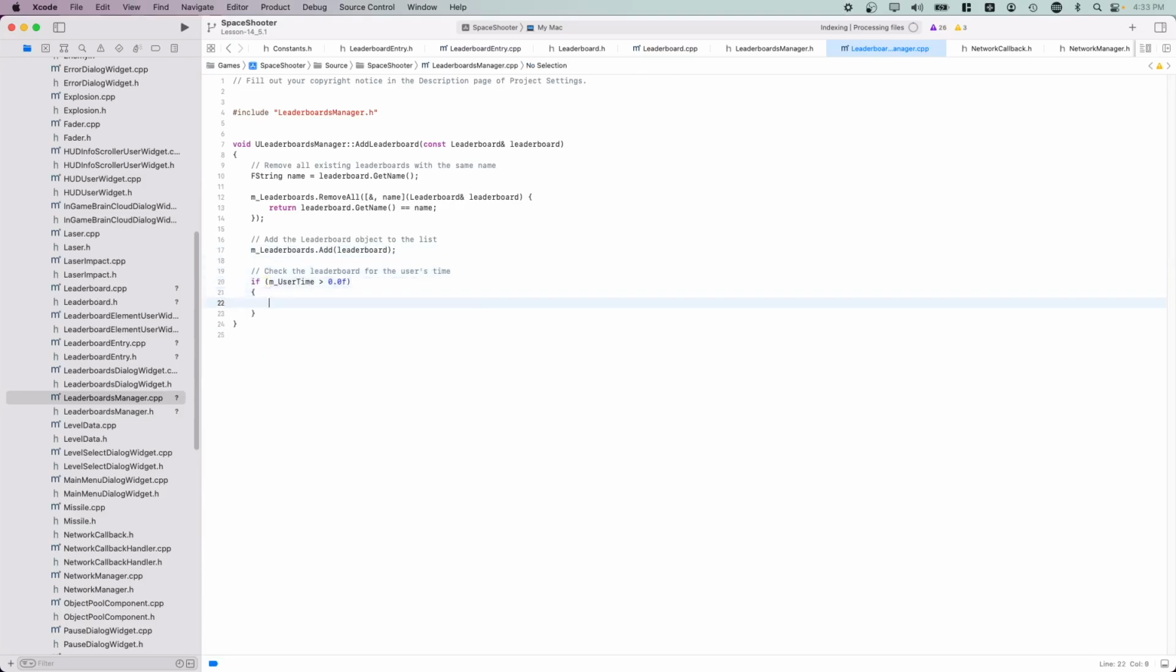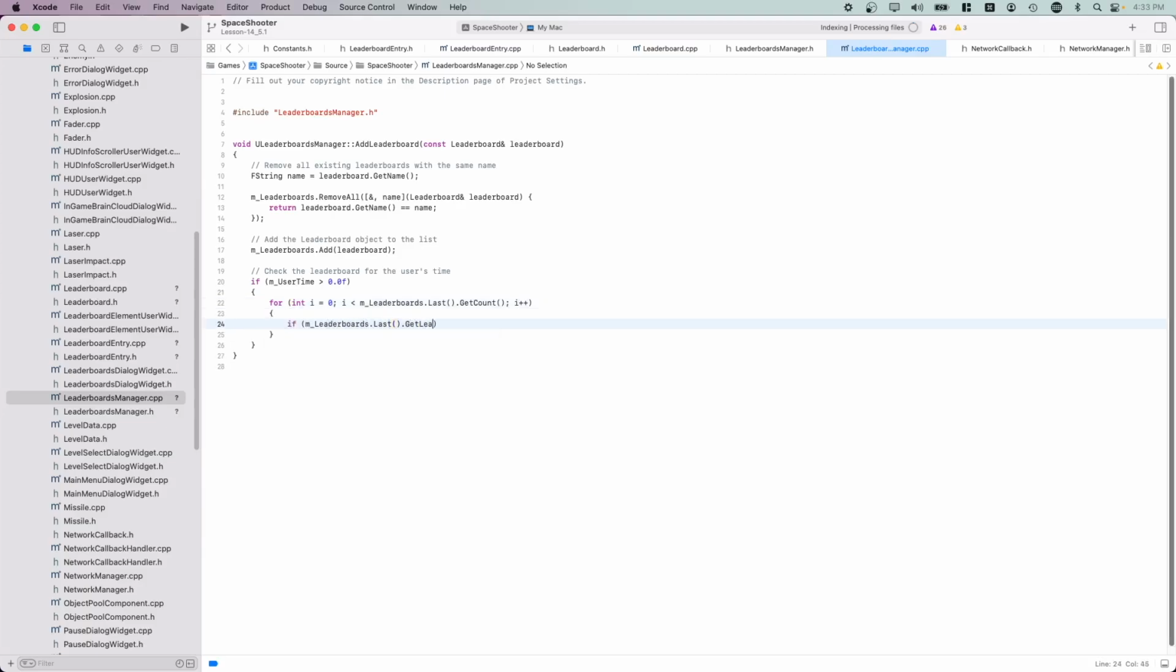Finally, if the user time is set, i.e. it's greater than 0, get the last leaderboard object in the TArray and loop through all the entries in the leaderboard and check to see if the times match the user time. If one does, set the isUserScore flag to true for that leaderboard entry. We're making the effort to track the user's score so that we can give that score a different color when